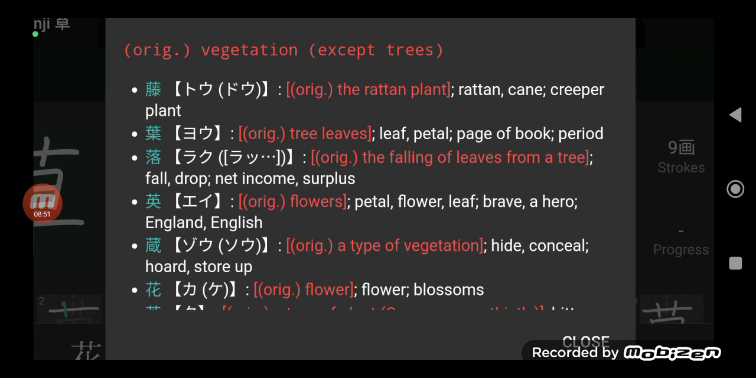The orange font, minasan, is the original meaning, but I suggest you focus more on the one written in white font, which is the actual modern Japanese meaning. Okay, this one means petal, flower. Actually, minasan, as I have said a while ago, this